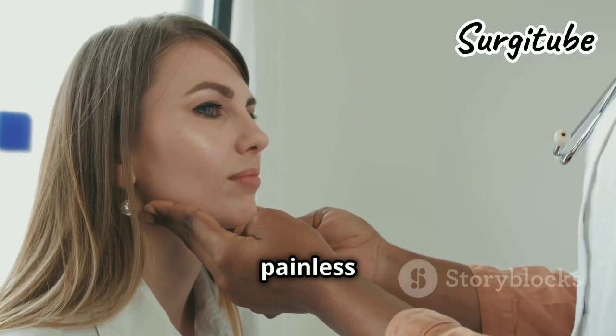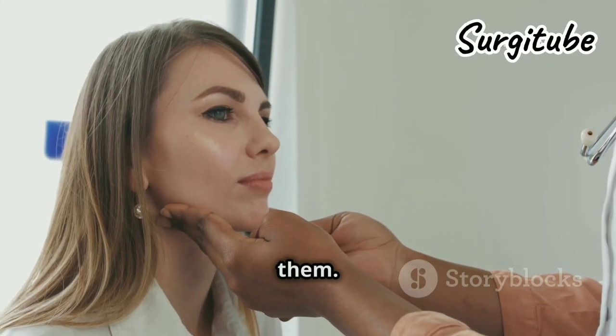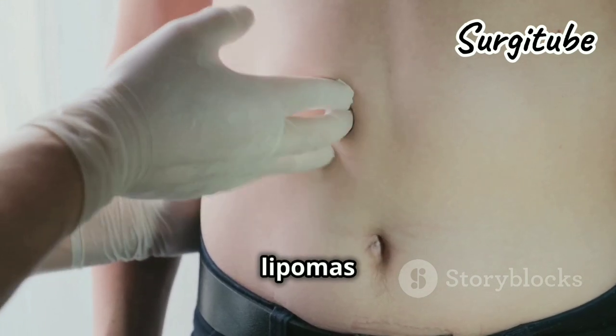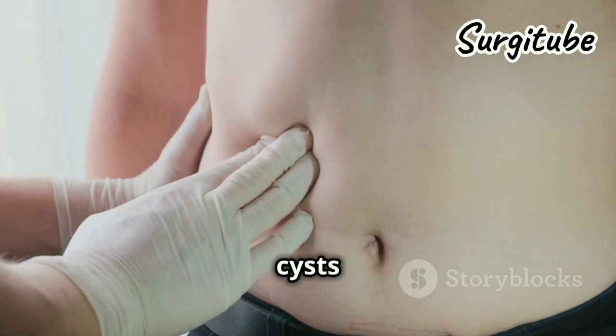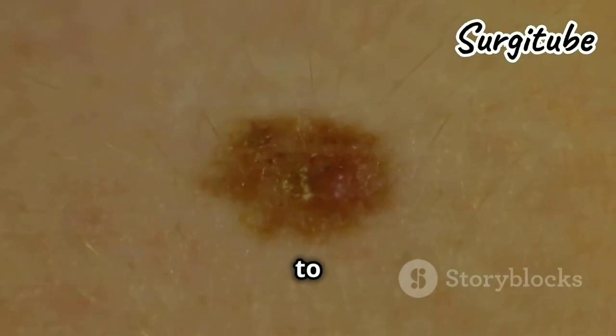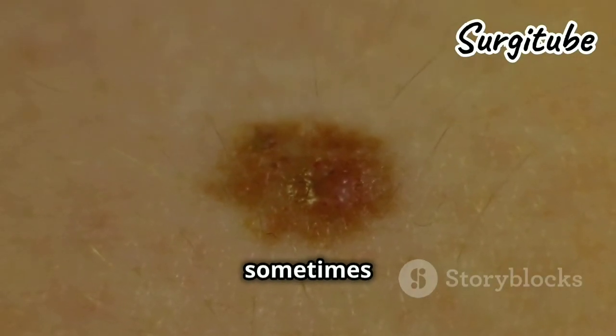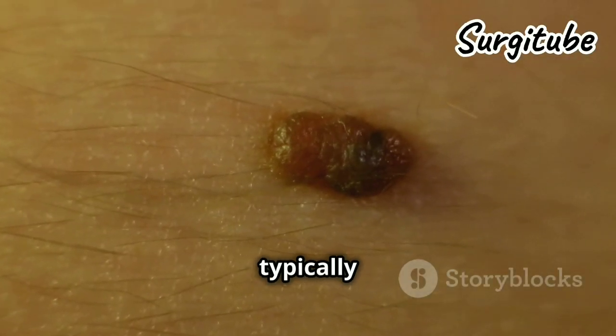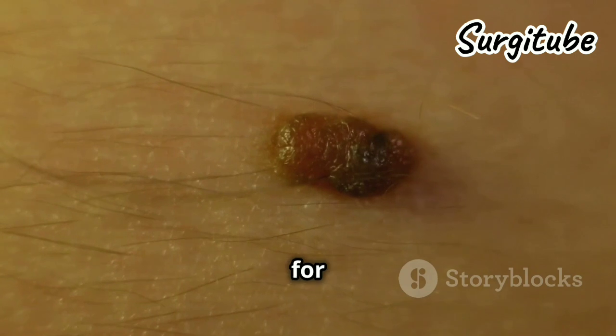These lumps are usually painless and move easily when you press on them. This mobility is a key characteristic that differentiates lipomas from other types of lumps such as cysts or tumors, which are often fixed in place. They tend to grow slowly over time, sometimes remaining the same size for years. In some cases, they may grow larger, but this growth is typically very gradual and not a cause for immediate